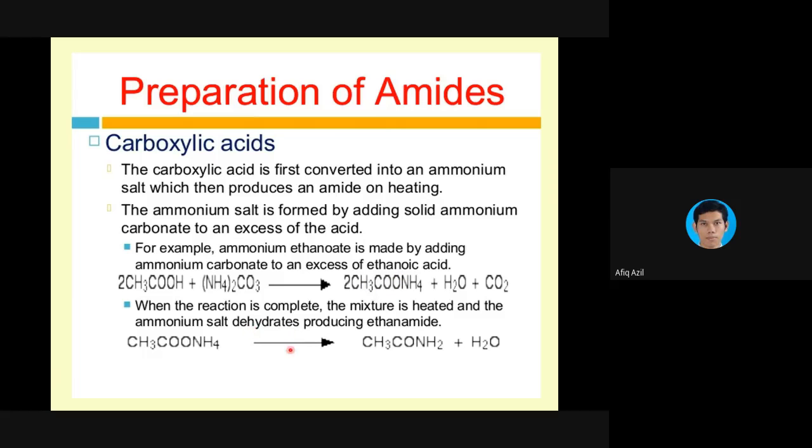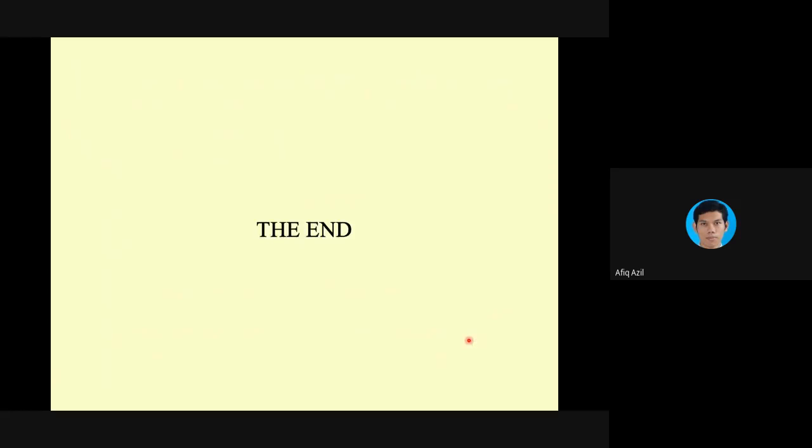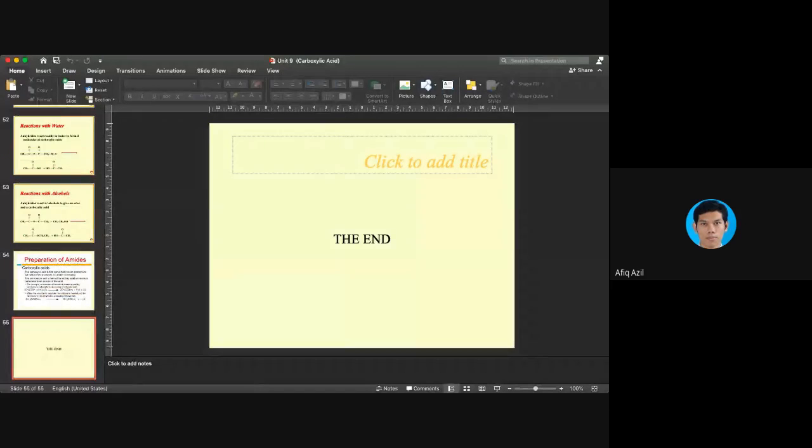So basically, it involves heating. So this will be further heated to obtain this amide. All right. So that is on the topic of carboxylic